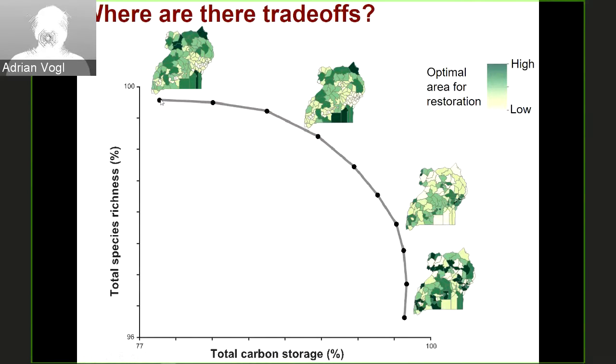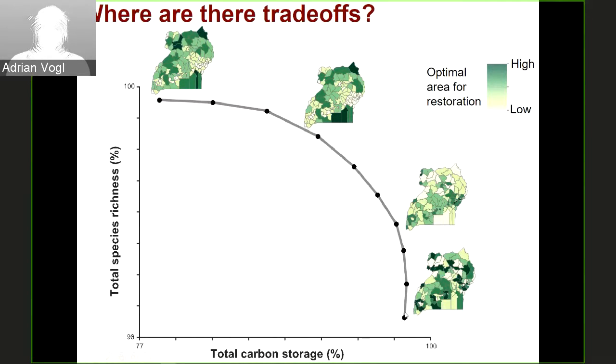So this landscape on the top left represents areas that we would restore to get 99 or more percent of the possible species richness. So this is totally focusing on species richness. We get some benefit in carbon storage, but not as much. The point all the way on the bottom right is a landscape where your interventions are prioritized entirely based on where we can store the most carbon. So we get, in this case, a 90% increase in carbon storage,